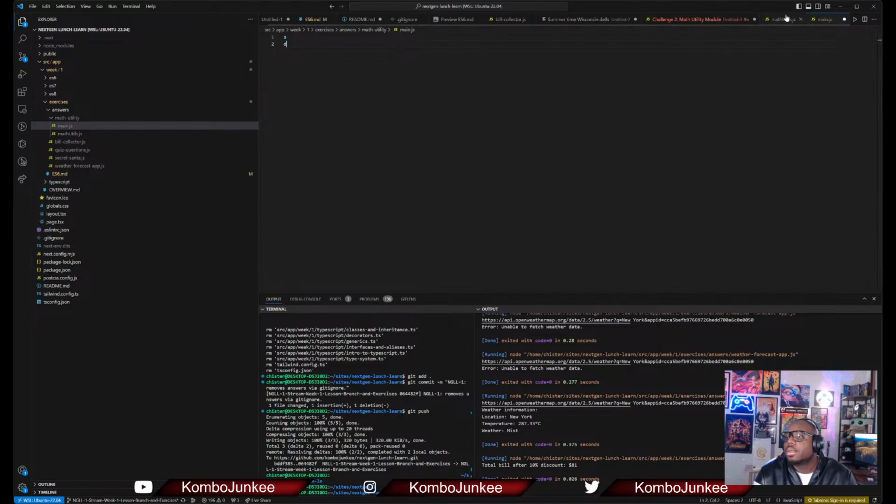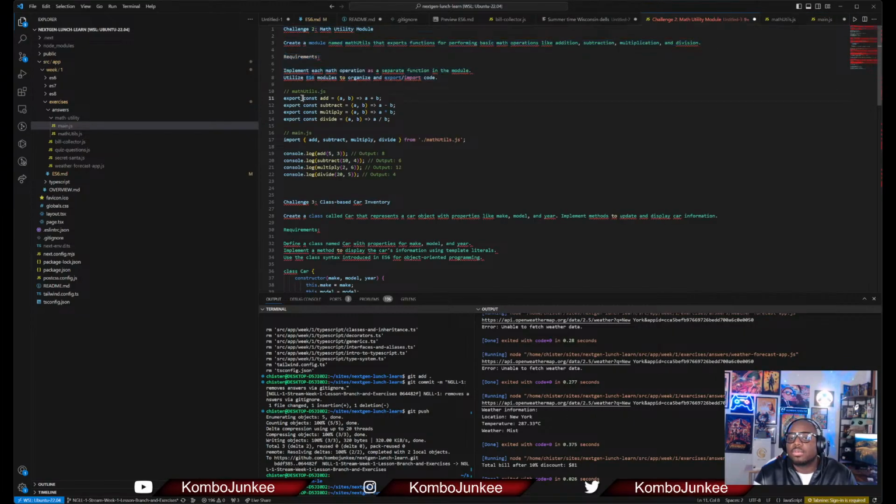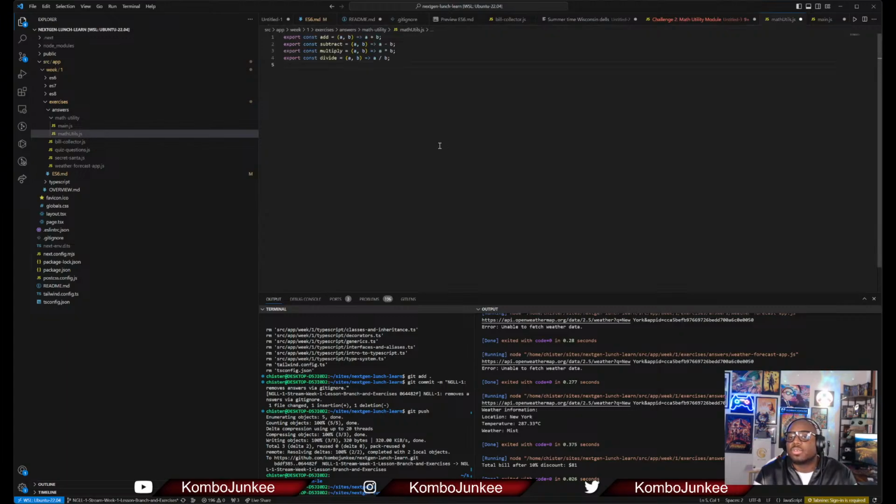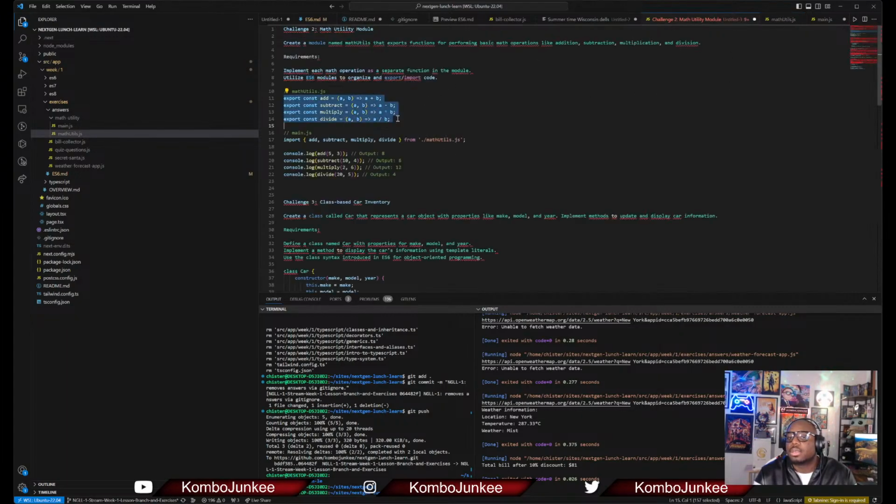In mathUtils we're exporting a bunch of stuff, and in main.js we actually import and then leverage what we exported there.